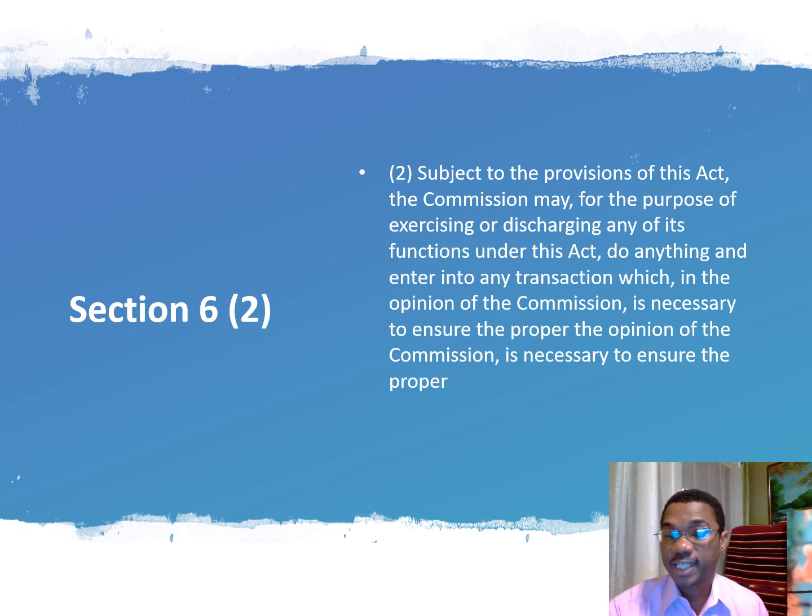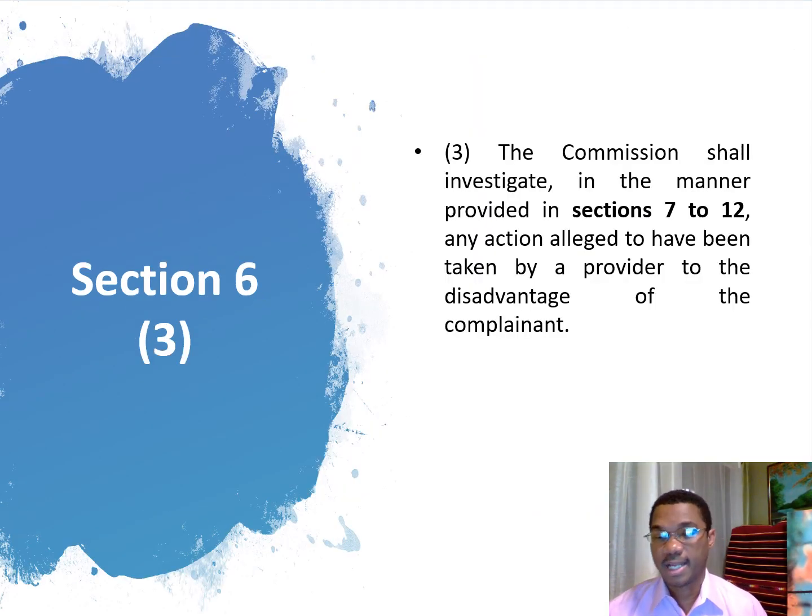So again, as I've said to you, as a body corporate, it can engage in decision making. So Section 6, subsection 3 of the Act empowers the Commission to investigate, and Sections 7 to 12